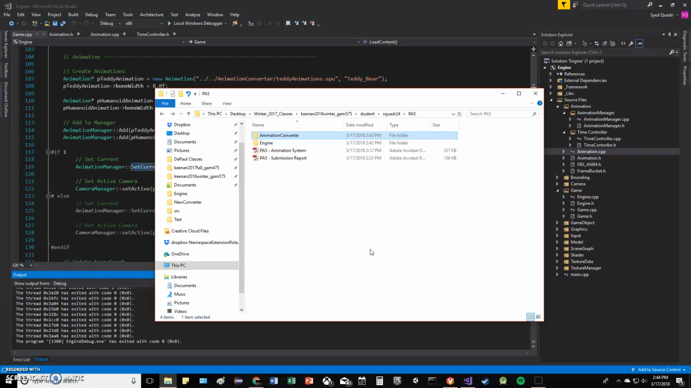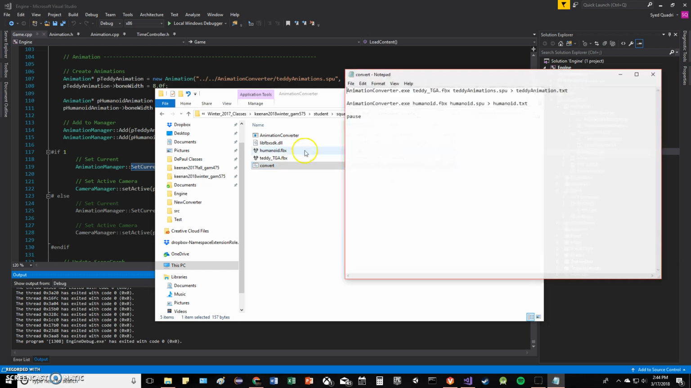Hey everyone, this is the final milestone for GAM 575 where we had to add an animation system to our existing game engine. So for our animation system to work, we want to make it data driven, and so we created this animation converter which takes in an FBX model, as you can see in this batch file. So it takes in an FBX model and then it outputs the